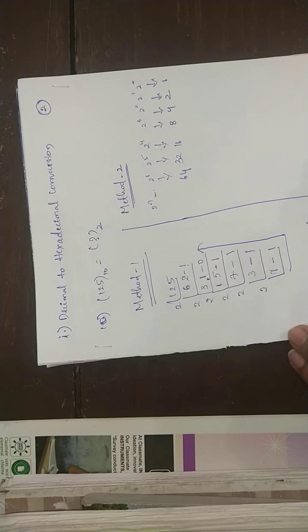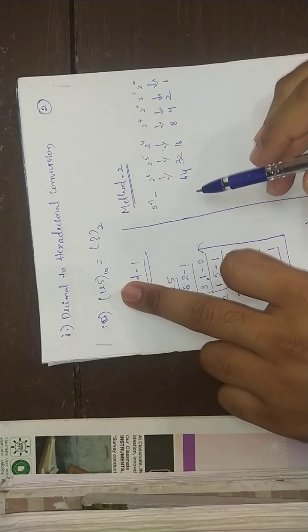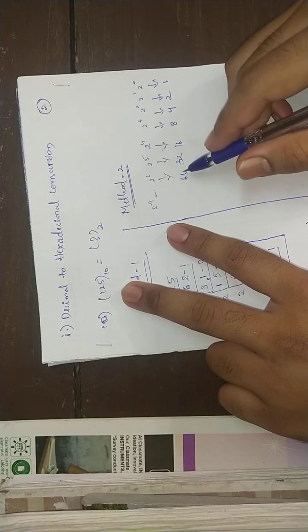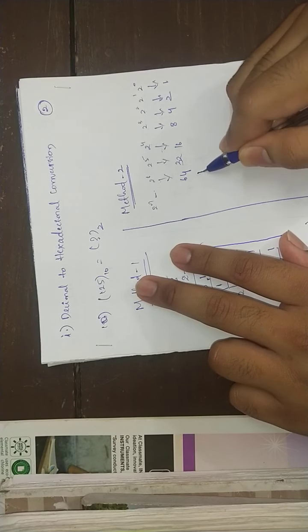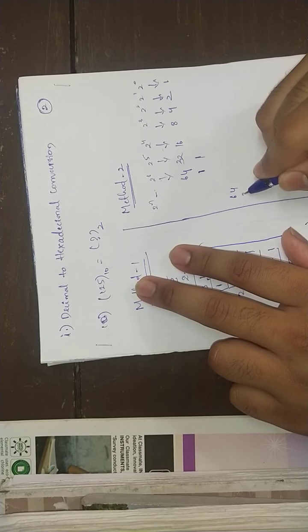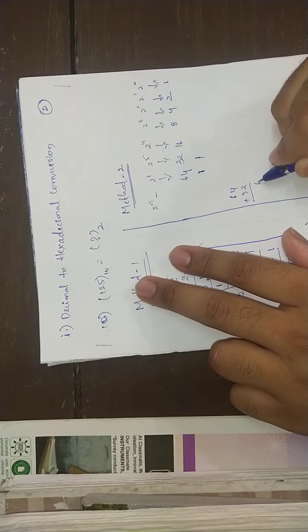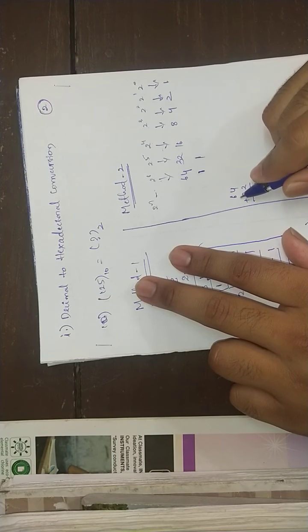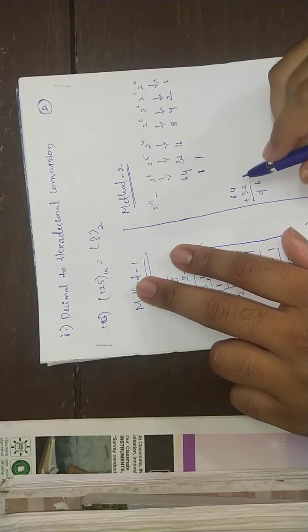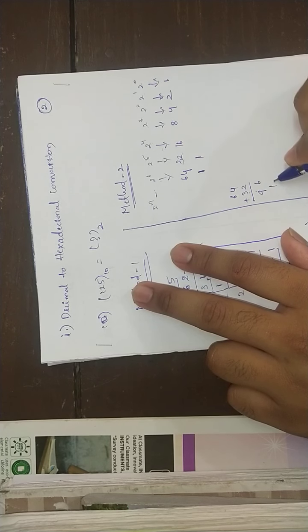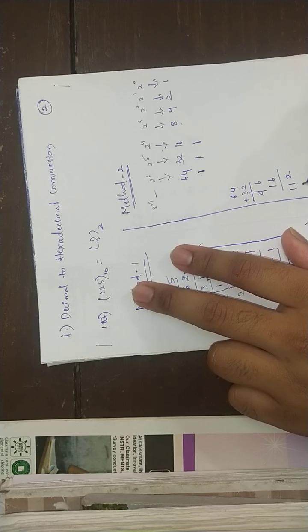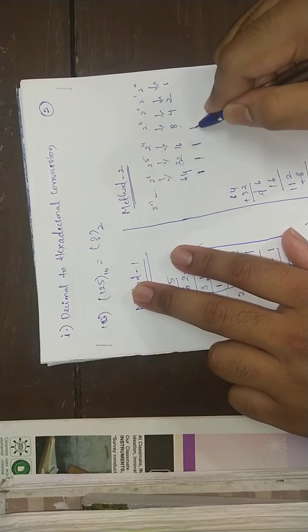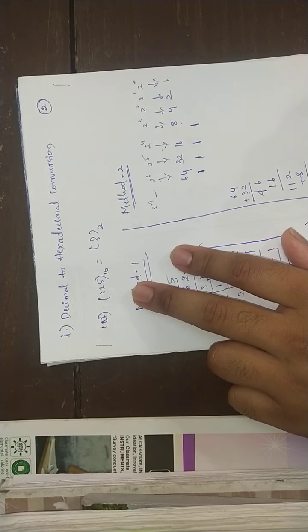Now here I am going to take the direct number 125. 64 is needed for making 125. 64 plus 32, what is 64 plus 32? It is 96, and still more is needed for making 125. 96 plus 16 is 112, and this is also needed, plus 8 is 120, and this is also needed.